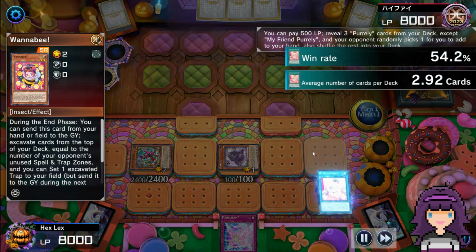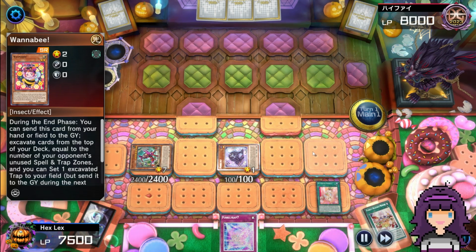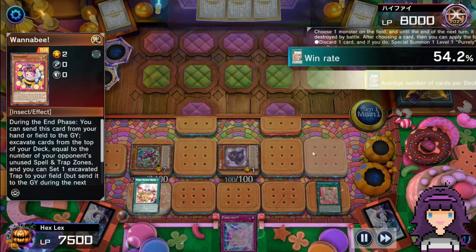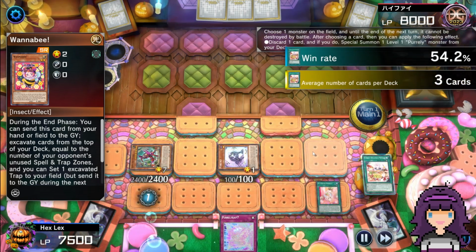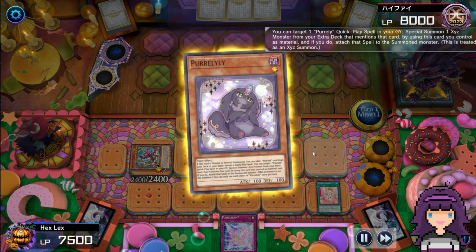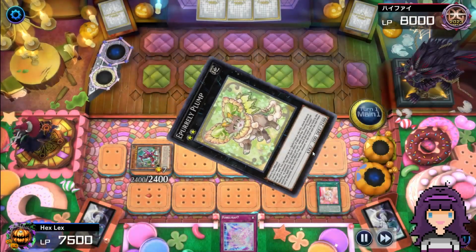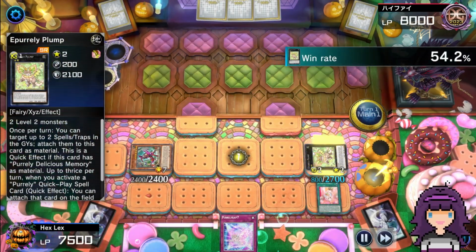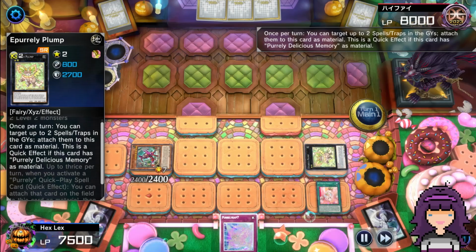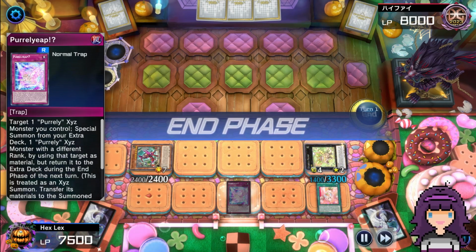Alright, My Friend is coming down. We're going to go ahead and use the My Friend to add ourselves a Delicious Memory. Well, reveal 3 copies of it, which will in turn add it. So here I'm going to activate Delicious, but not discard because I do need the Yeep in order to make the Noir. We'll use Delicious targeting Fenrir because Fenrir is going to remain on the field. Now we get to go into the Plump with the Purrelyly. I get to activate the Plump's effect. We'll go ahead and attach the Sleeping Memory and the Triple Attack, and then we'll set the Yeep and then